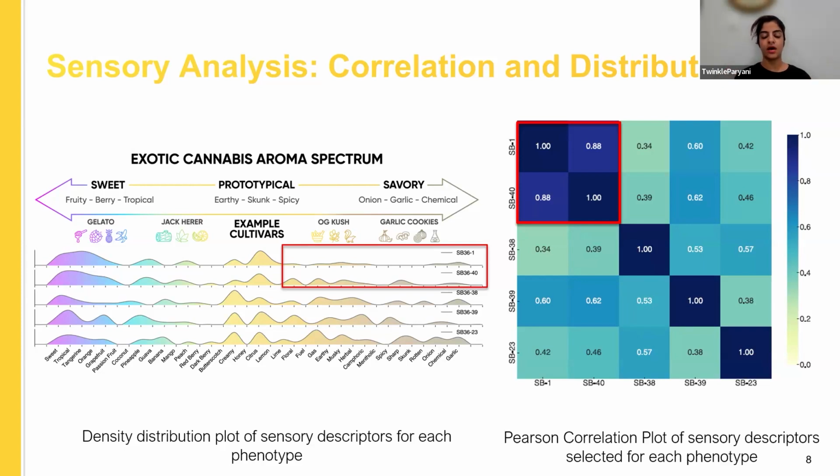So basically, anything that you or we would classify on the ends of the spectrum is heavily predicated on the presence of these non-terpenoid compounds. And things in the center of the spectrum, so we have the terms earthy, skunk, and spicy, are going to be what we call prototypical, but more influenced by regular terpenes.